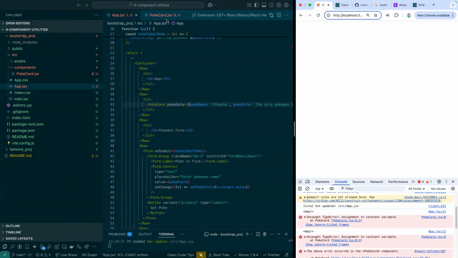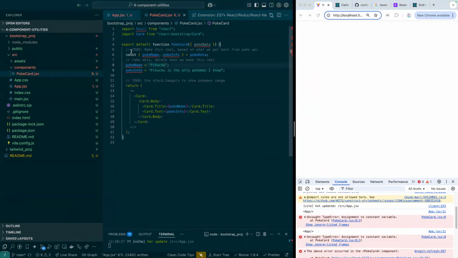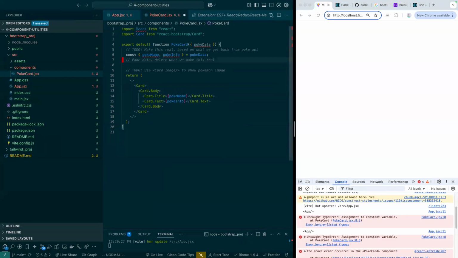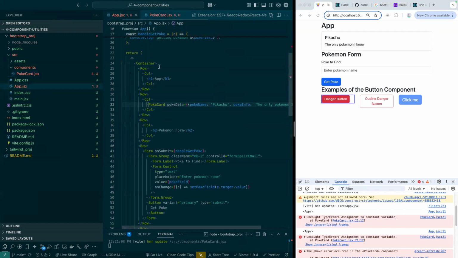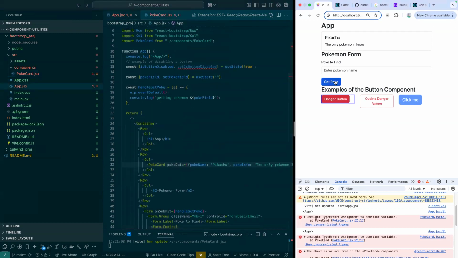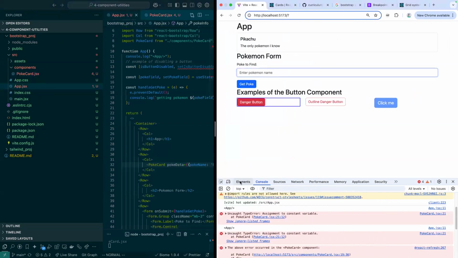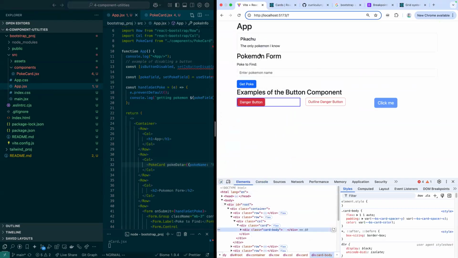Assignment to constant variable. So it must not have liked what I did here because these are consts. I ended up faking the data elsewhere. So problem solved. Right? So we didn't get to the part where clicking submit would actually grab this and make the API call, but we did hook up the skeleton so that you could add that here and then pass that data in. And this is a nice example of how to have a reusable Pokemon card component, or a card component for anything else, really,